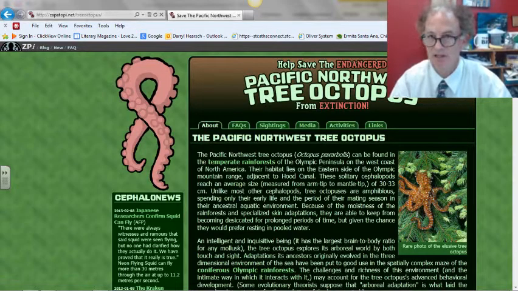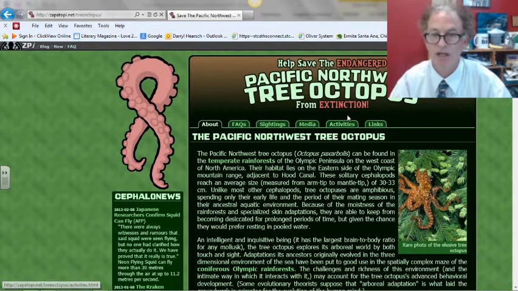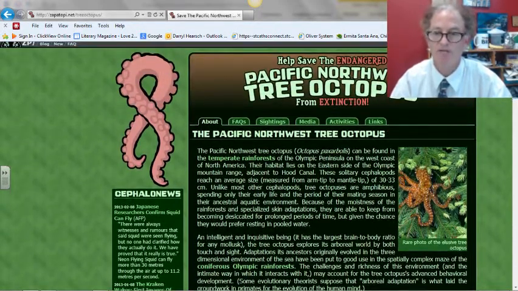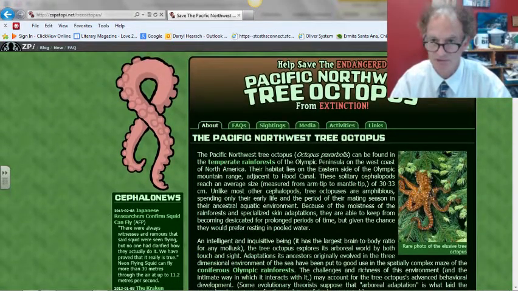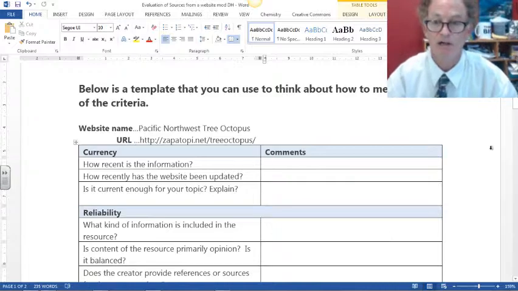Okay, I doubt this animal is going to change too much, unless we're looking at whether it is extinct or not. But really we're finding out information about this animal, where it lives, what it does. So for us, I think the information being updated around 2012 or thereabouts is possibly okay for us. Let's move back to the worksheet